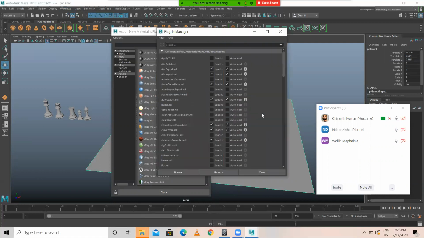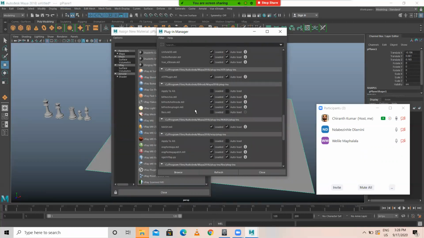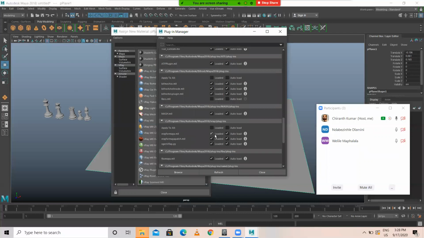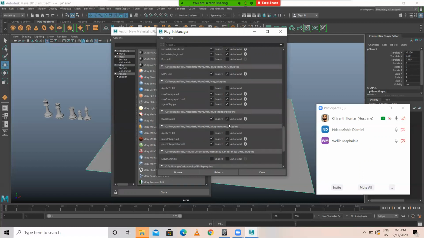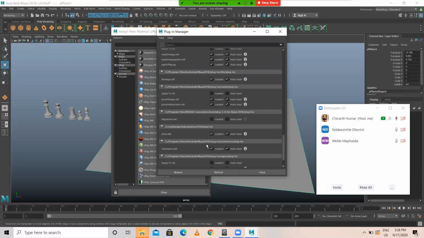Okay, Arnold is not installed then. You have to install it separately. Maya 18, by default it will come. Okay. So here, if you just come down, you have V-Ray for Maya. It should be on. Okay, I think I have installed it additionally. V-Ray for Maya you should turn on. And I have installed Mental Ray also. It's a plugin again, Maya to MR. You can download these plugins separately. Okay. I have installed many things.